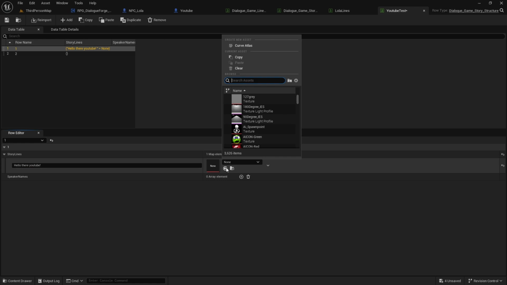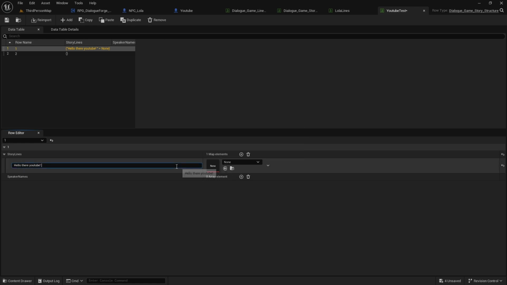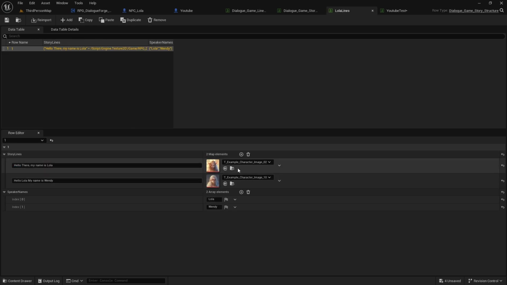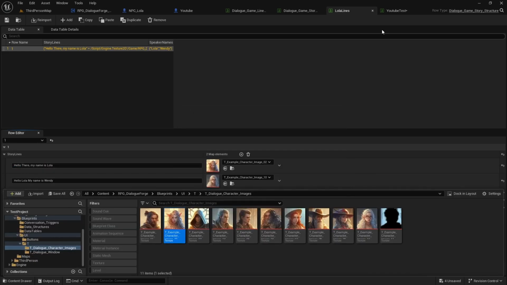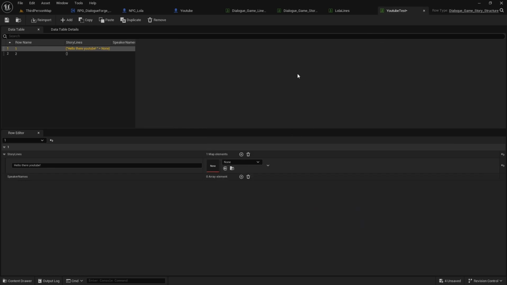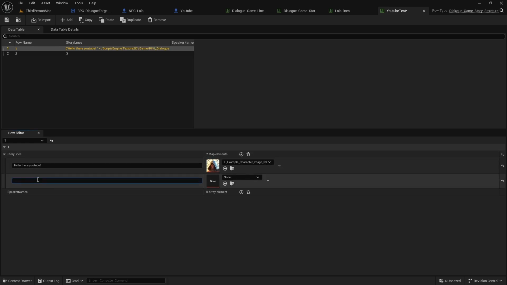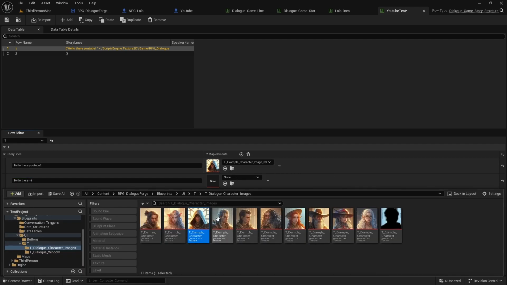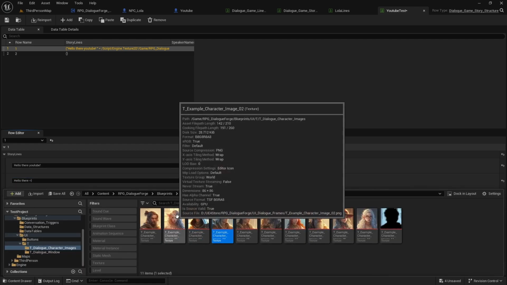And let's assign a picture to this line, and this would be the person that actually is talking to you, the picture of the NPC. So I'm going to go back here and just steal this picture here. Just maybe this one, and I'm going to put that in there. I'm going to add another line. Hello there, smiley face. And maybe this is the player